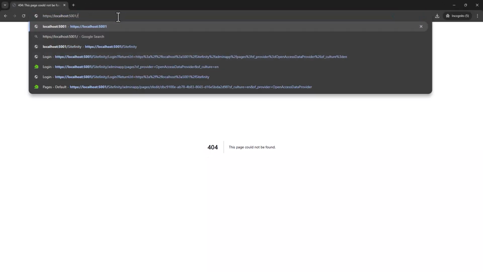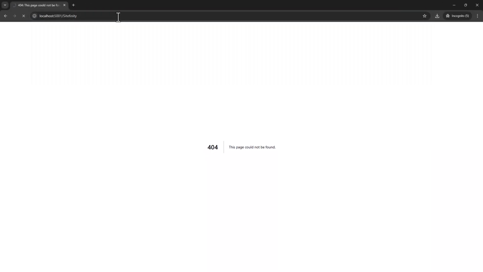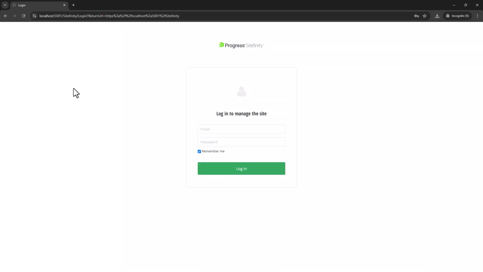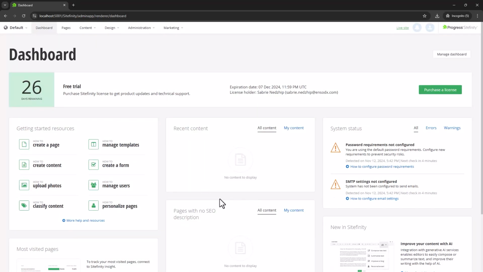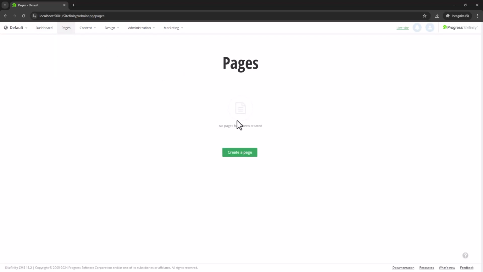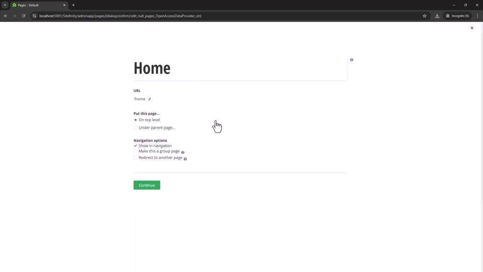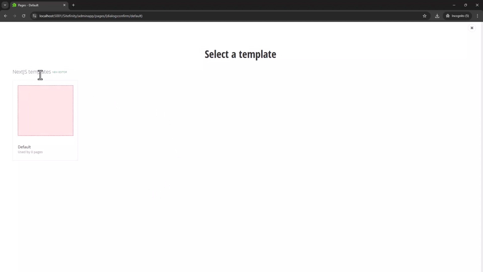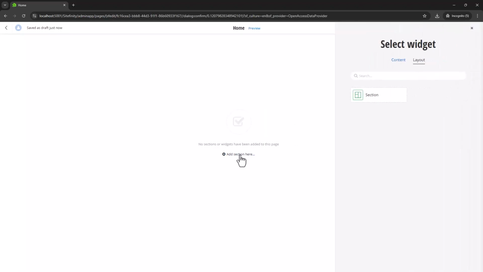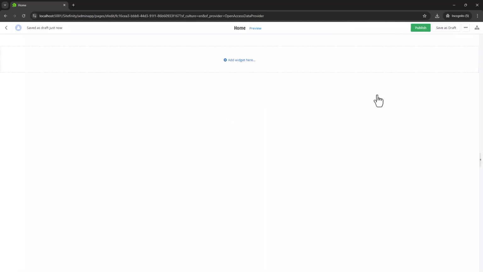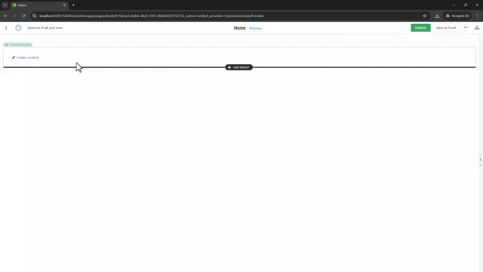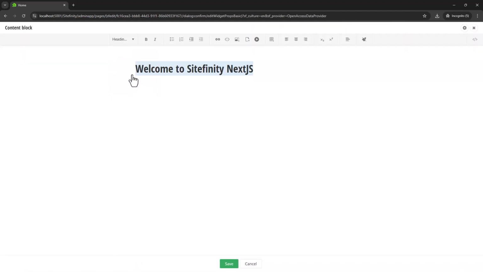In our case, we have a completely empty Sitefinity CMS project with no legacy pages, and we just need to navigate to localhost:5000/Sitefinity and log into the backend. After the login, we land on the dashboard page. It looks the same as if we access it through the Sitefinity CMS project, but we are accessing it through the Next.js application. We can now create pages using the new page editor, take advantage of the out-of-the-box WYSIWYG editor, and create and personalize our content.